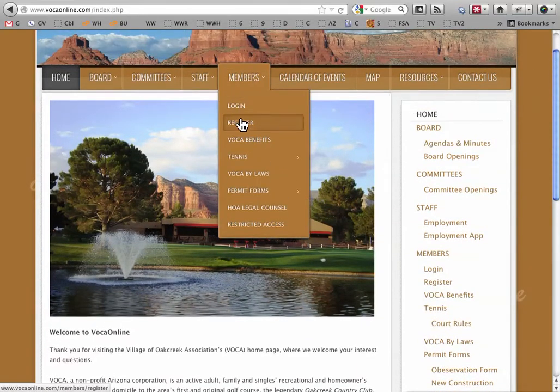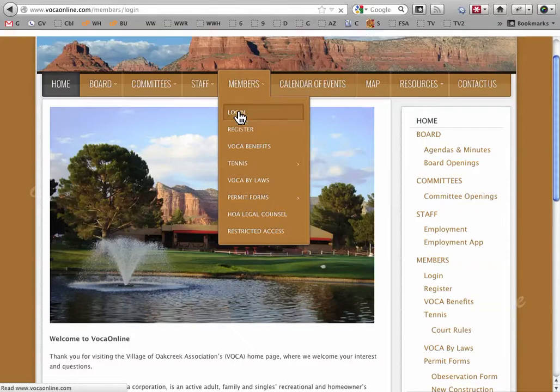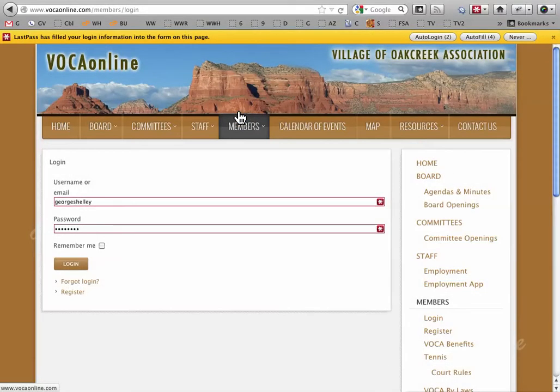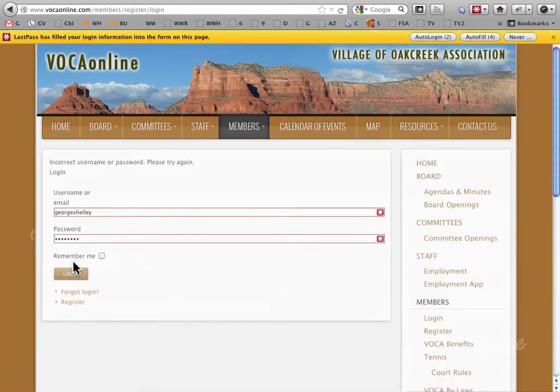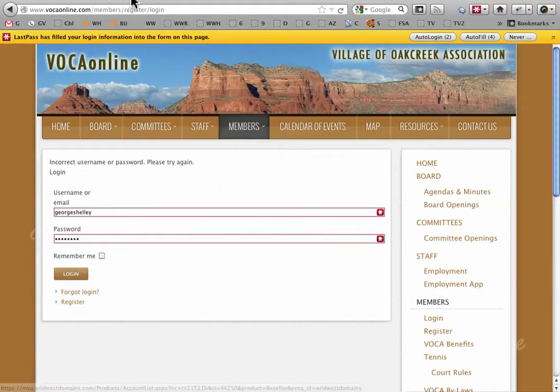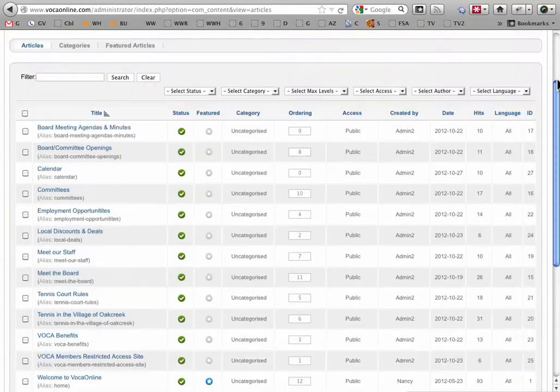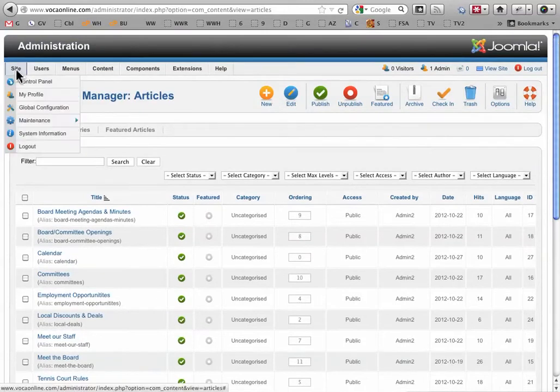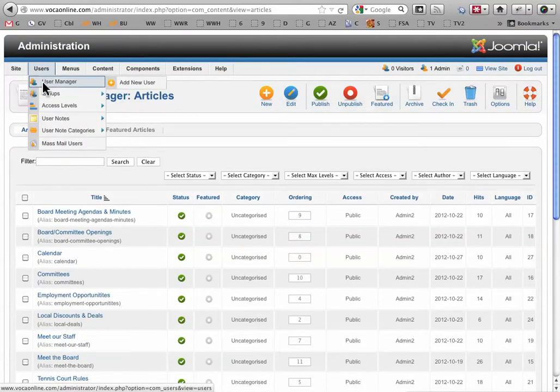I've left a login and a register, but they're not going to be really necessary initially. If you press the login and enter one of the other logins, like George Shelley's, which I use for testing purposes, it doesn't work because he isn't entered in the Joomla administration area. When you go into Site, Users, User Manager,